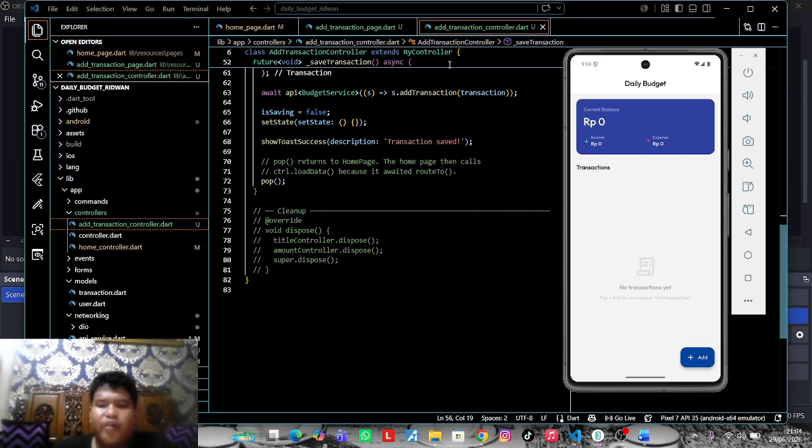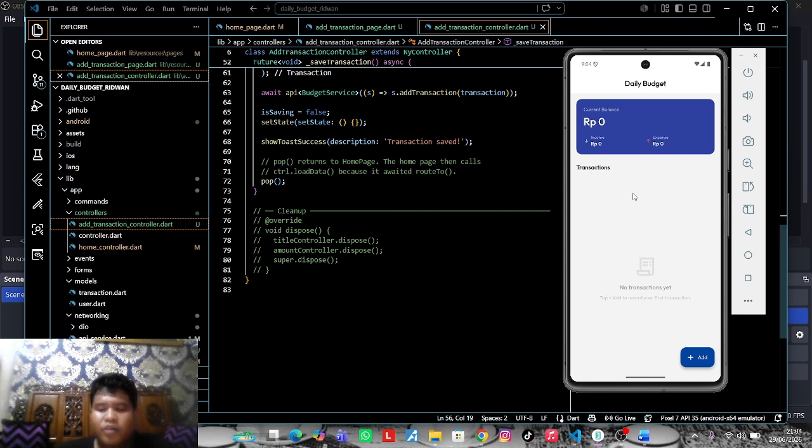I already ran the application, so this is the first look of the daily budget application. This is the home page. At the top, we can see the current balance card, which displays the current balance, total income, and total expenses.